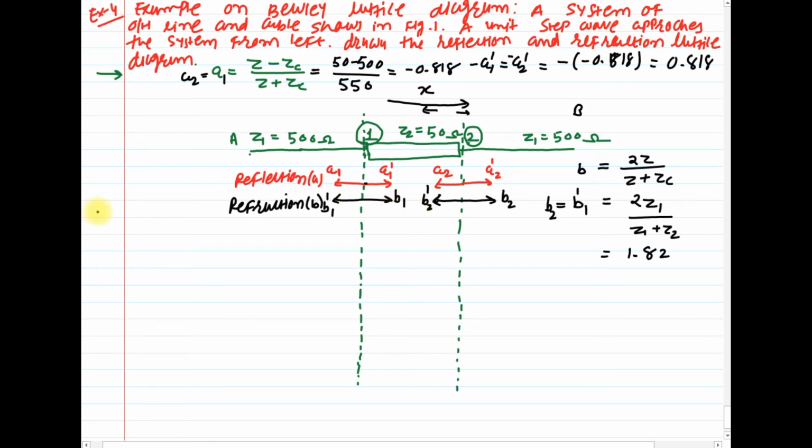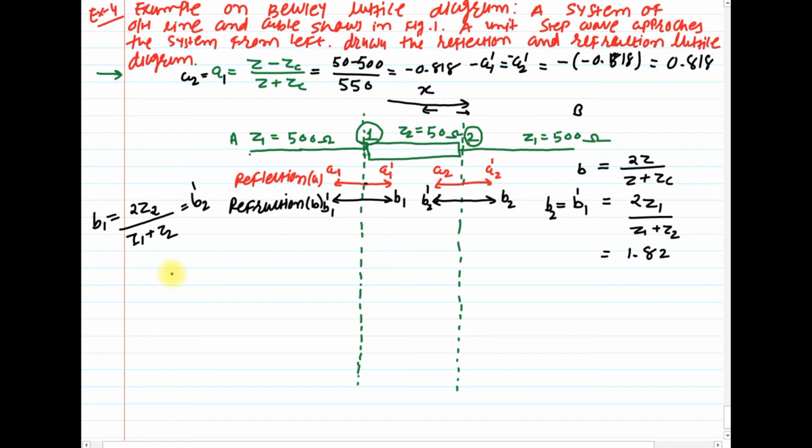Clear? Now similarly, in the same way we will calculate the rest of the refraction coefficients. That means for b1 and b2 dash. Look over here, b1 here travels on this cable, and the surge impedance of the cable is given as 50 ohm, or I can say z2. So I can write over here 2 into z2 divided by z1 plus z2. Similarly, I can write for this b2 dash. b2 dash travels on the cable, and the surge impedance of the cable is z2. So I will write the same for b2 dash.